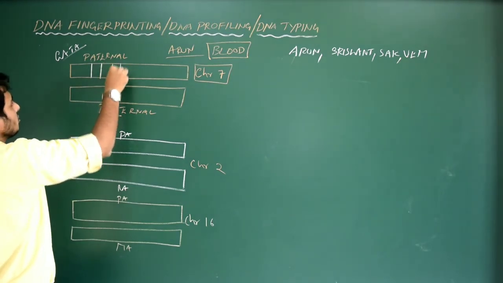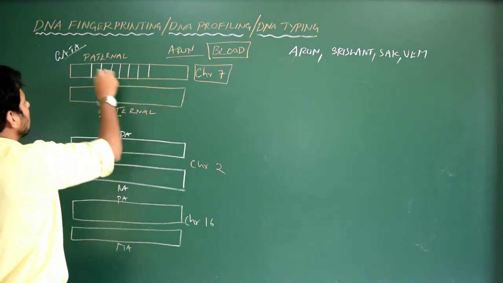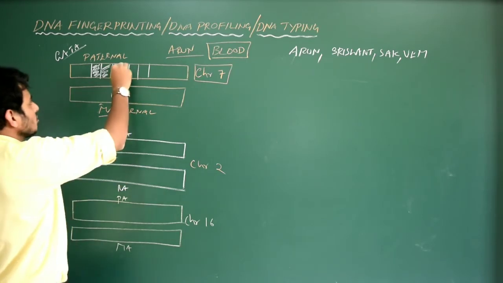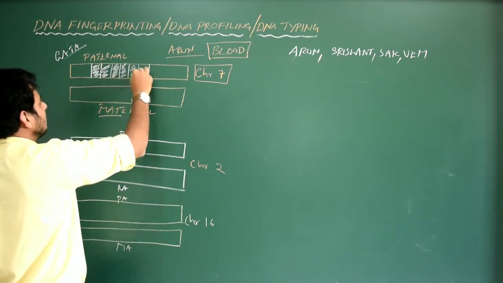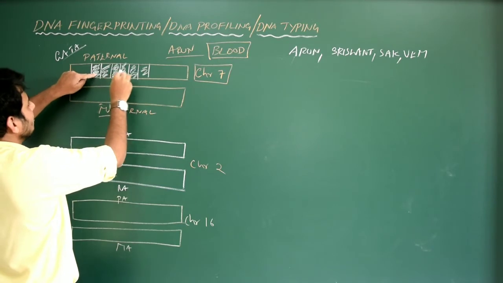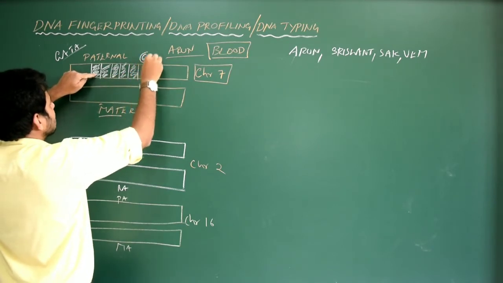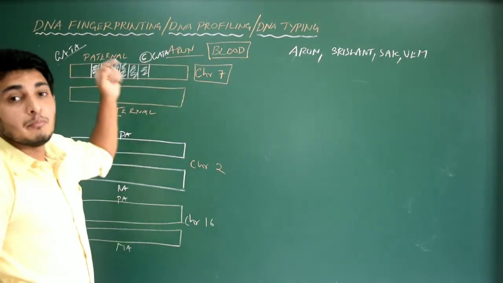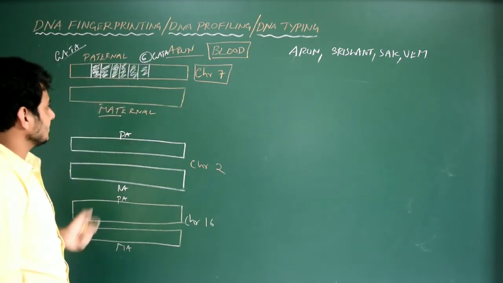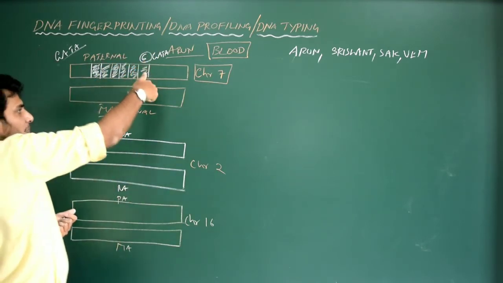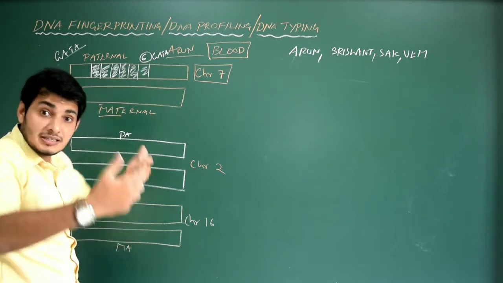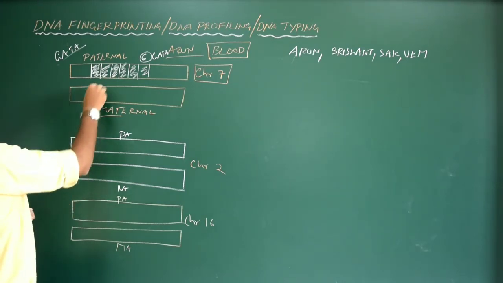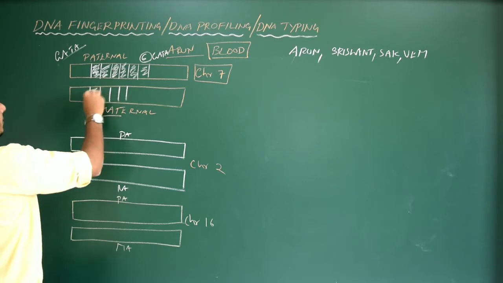Let me put, in chromosome number 7, the paternal chromosome, 3, 4, 5, 6 boxes. Please understand, these are not nitrogenous bases. This is not exactly the DNA, it is the chromosome, and I am just shading it so compartments can be seen. How many compartments are there? 3, 4, 5, 6. So 6 compartments. That means how many repeats? 6 GATA repeats. So you see 6 microsatellites. And this is the pair of this chromosome, the maternal chromosome present in my body. Let me write 3, 4.